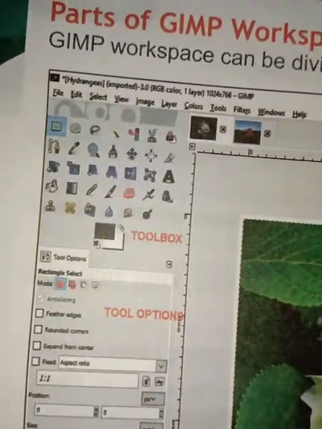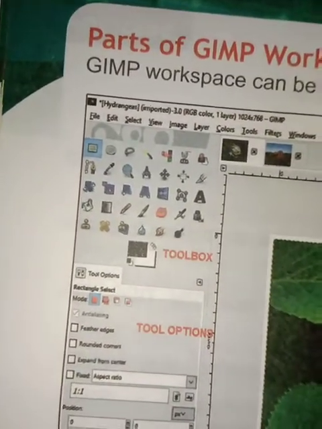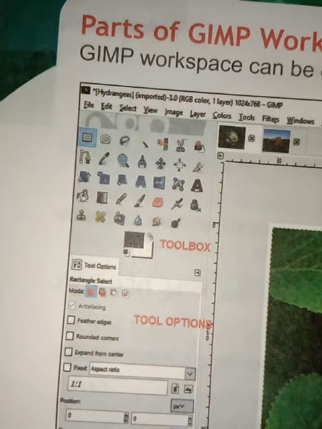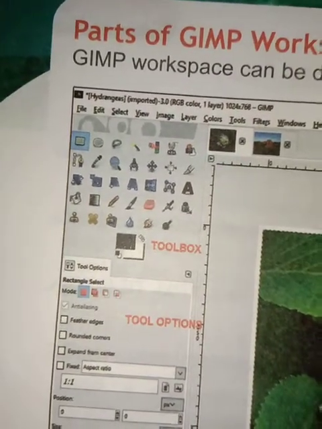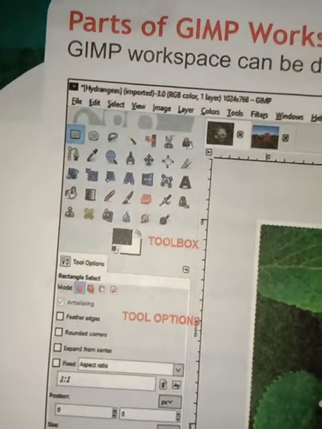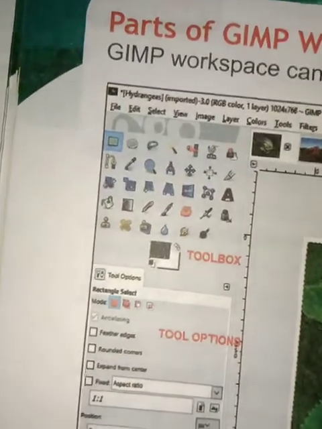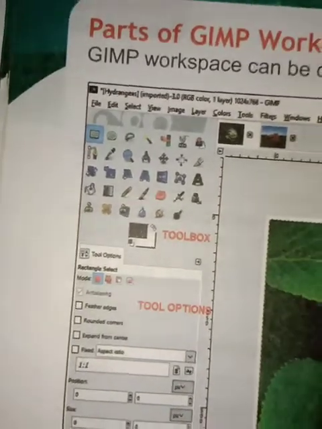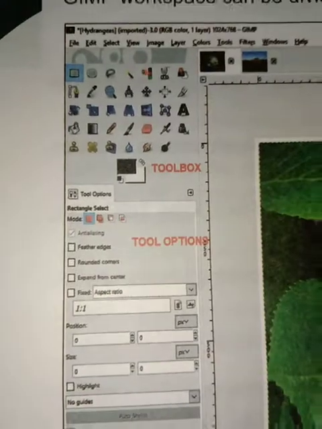You can transform the image, and you can draw. If you require any extra drawings on the image, you can draw. Then you can paint the image, you can apply any filters, and if you want to give any special effects for the image, you have so many options in this toolbox.